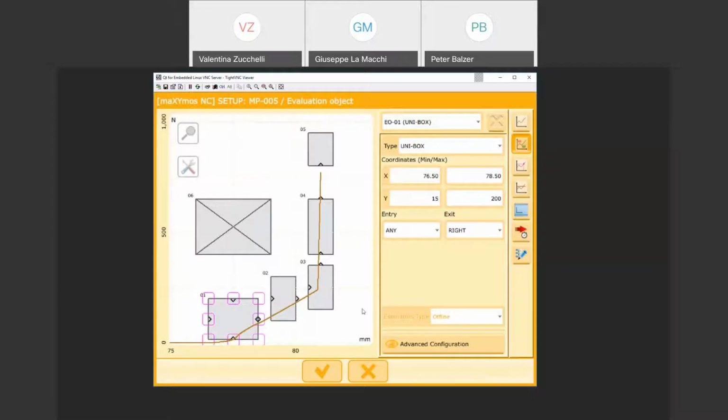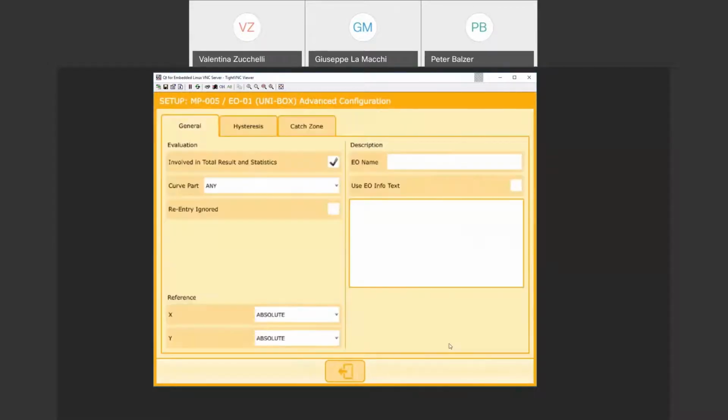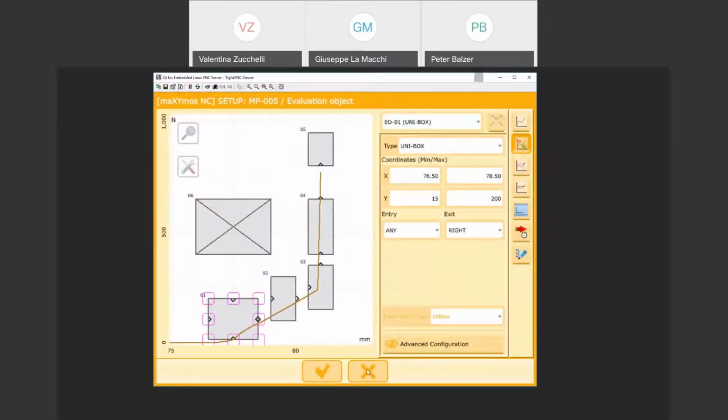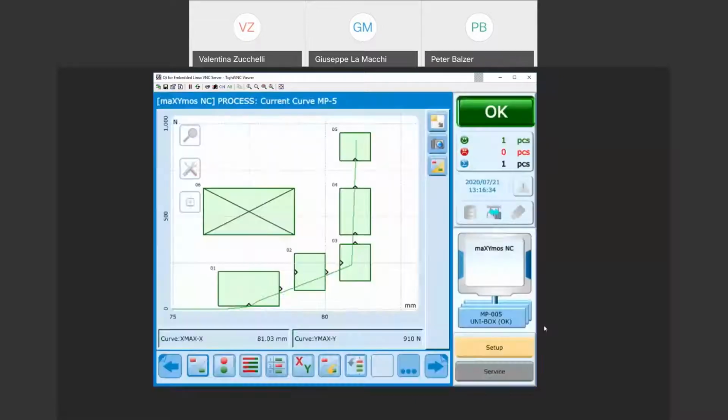So now let's have a look at the advanced configuration. First of all, you can say involved in total result and statistics. If you unmark this checkbox, I would like to show you what is happening. So I've created another measuring program for this. So now exactly the same setup in the measuring program, but now you see,